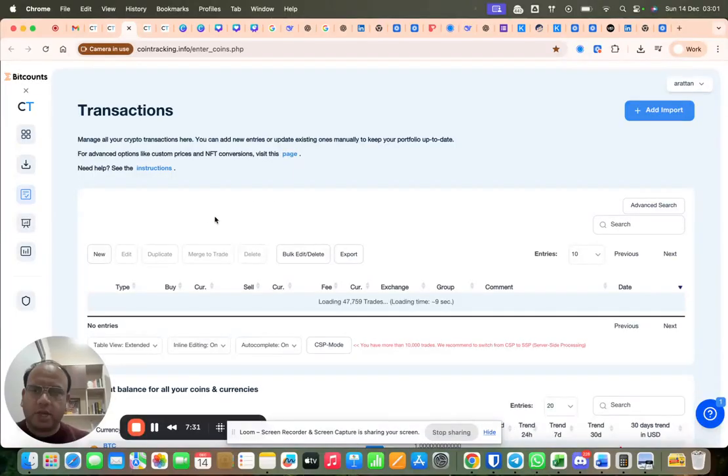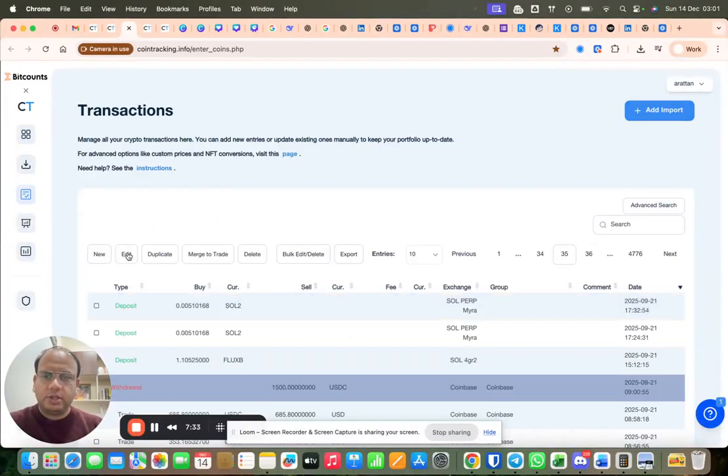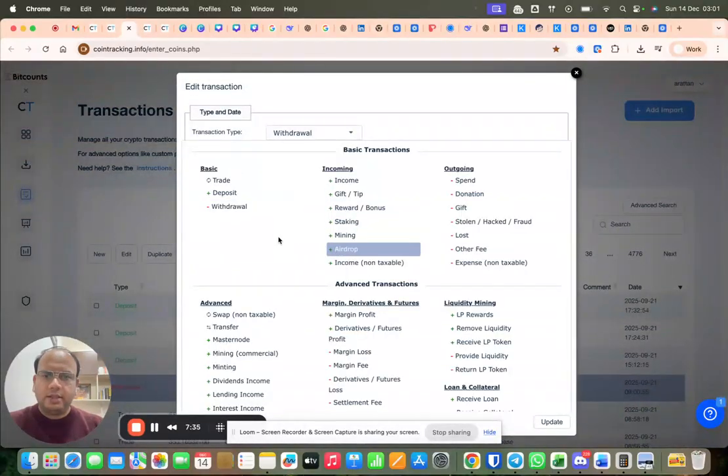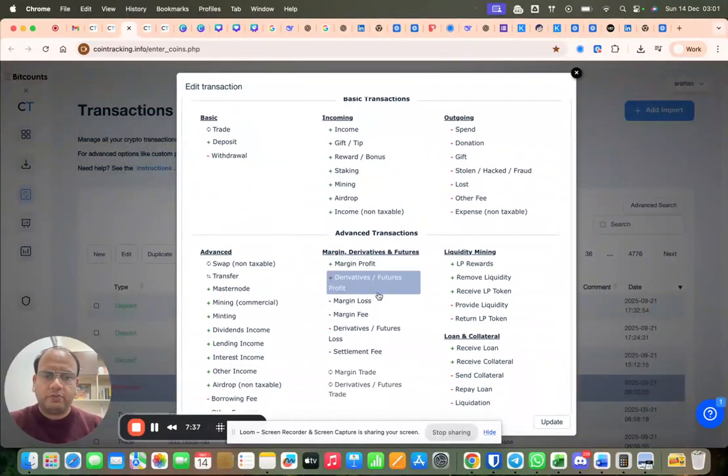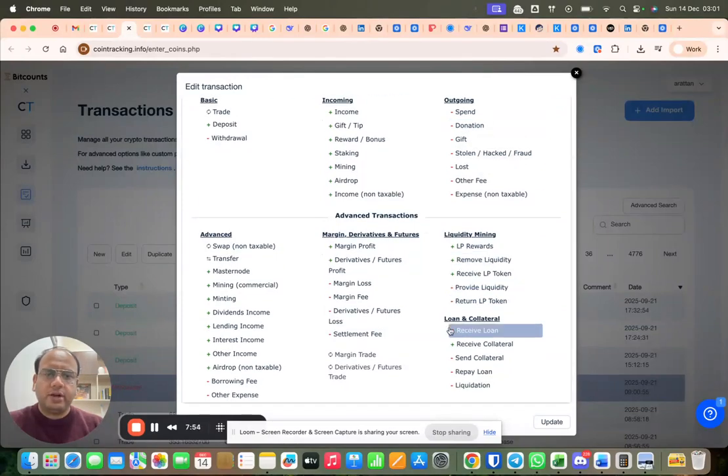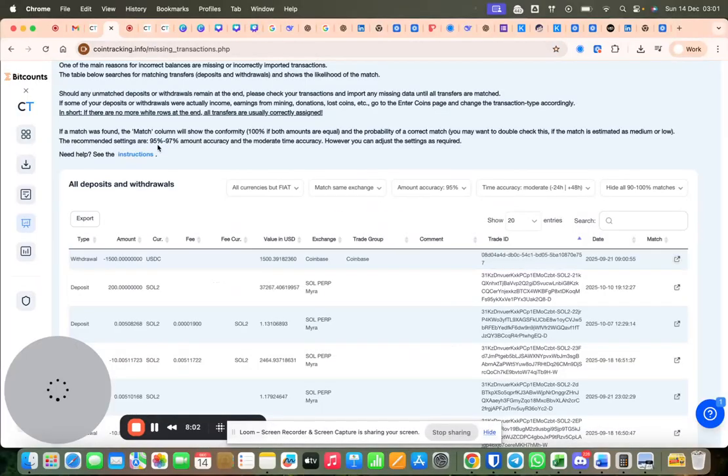In CoinTracking, we have various options to classify those transactions. So you can just click on that transaction, edit, and then based on whatever the nature of that transaction is, you can do the reconciliation. So for example, if that's a spend, which means that you're spending the asset to buy some goods or services, that will be marked as here. If it's a donation, you can mark it as a donation. If it's related to any liquidity pool transactions or derivative transactions, we have all these classification options here to appropriately